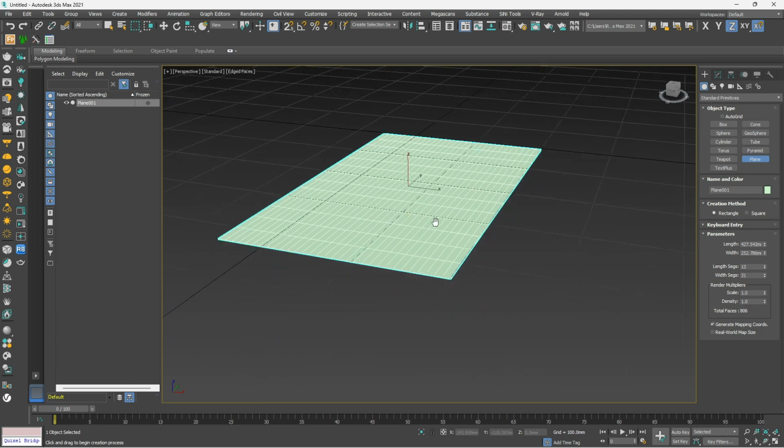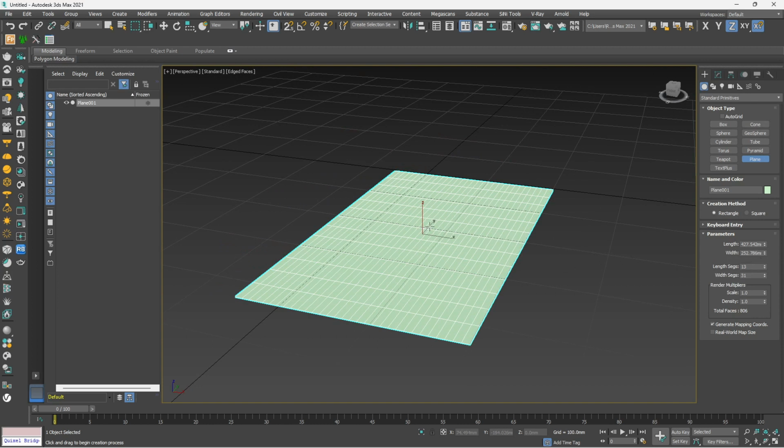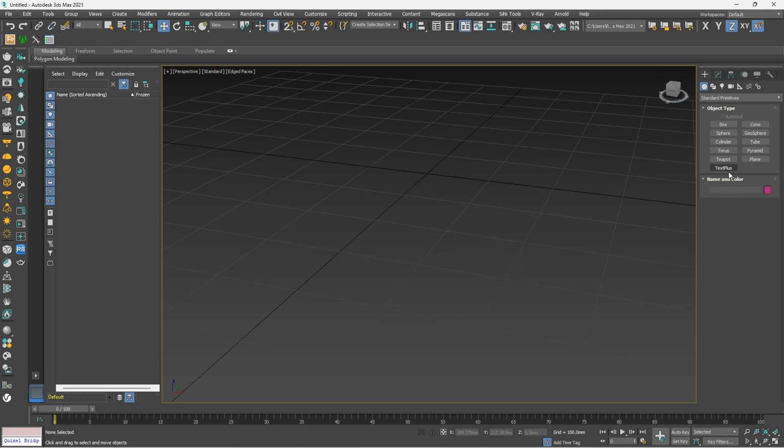Like I said, the more the segment numbers, the more the ability it will be able to form an organic shape. So basically we have the basic tools, basic shapes that are already on